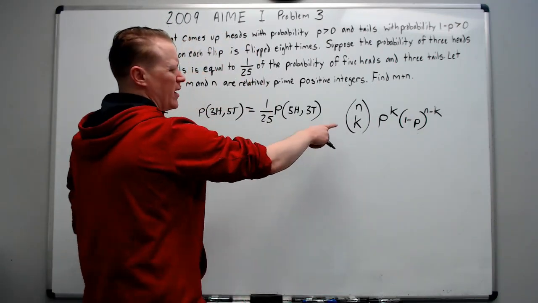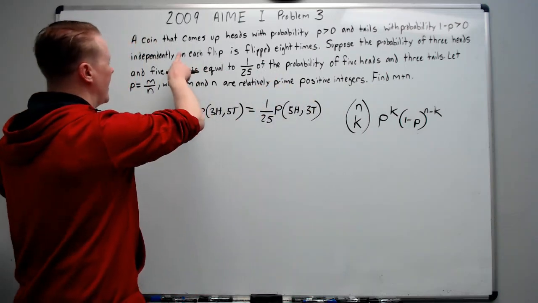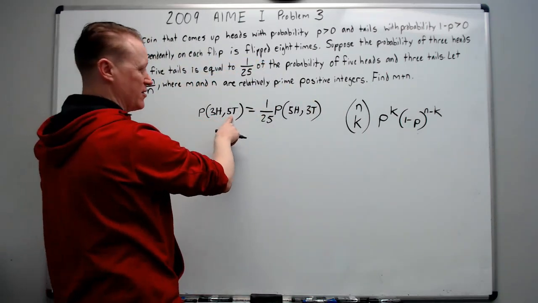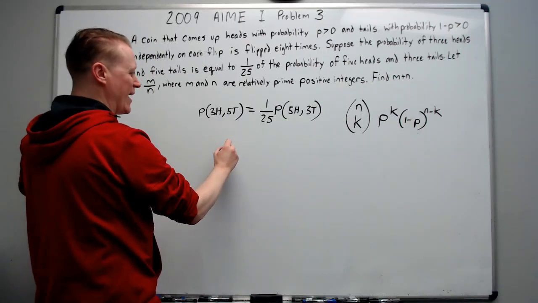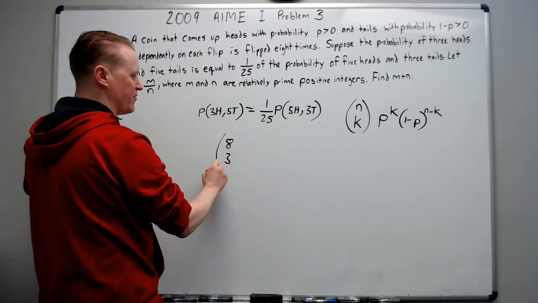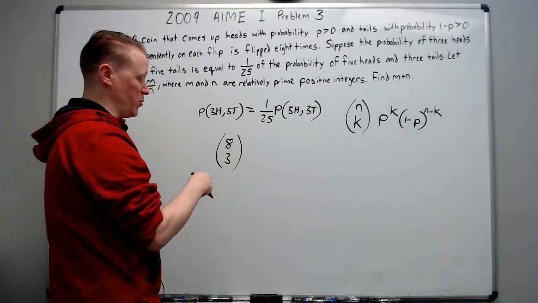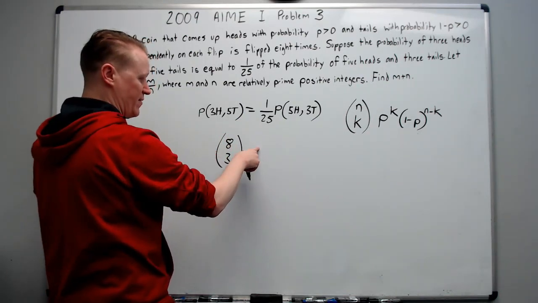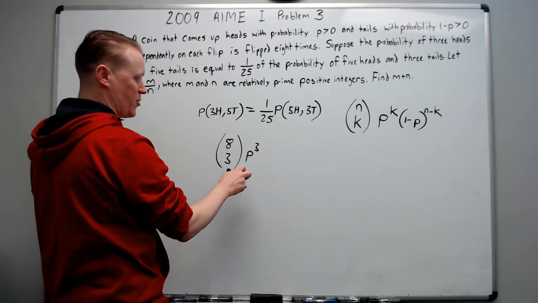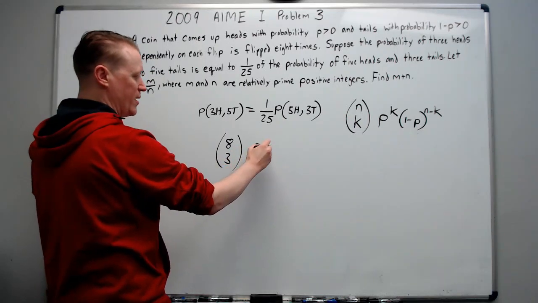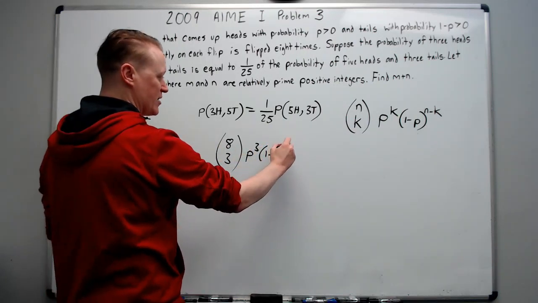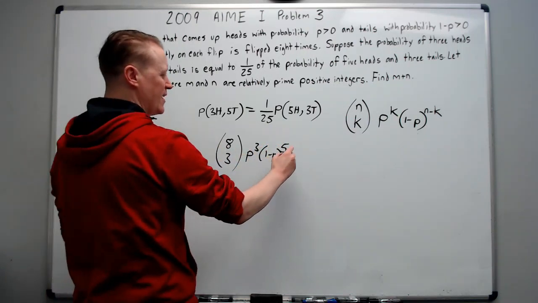Okay, so n choose k. How does this work then? We want it to come up 3 heads and 5 tails. Then out of my 8 trials, I want 3 of them to be success, which we're calling heads. And then heads has probability p, and the k is this bottom number 3, right? And then 1 minus p needs to be what's left. 8 minus 3 is 5. Okay? This needs to equal